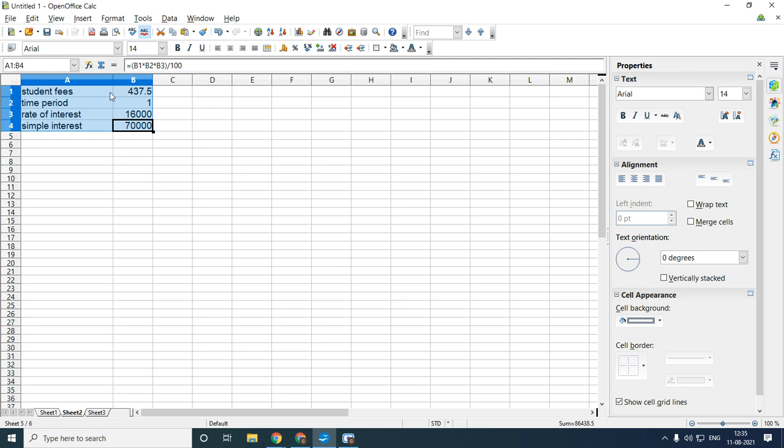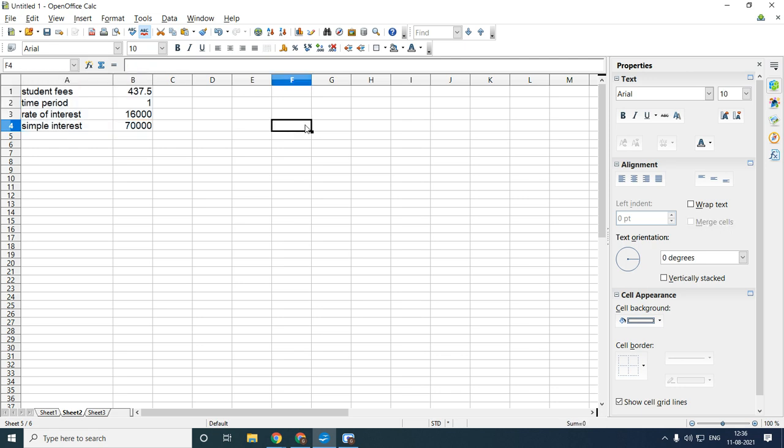Any doubt you have in goal seek? No, ma'am. Okay. Next comes the data table. In the data table, you can see the different results by altering the inputs in the same formula. In the sense, in this data table there are multiple operations. You have to insert the row value and column value. Suppose if I enter the row value and I want the simple interest of that, then it will give you the simple interest directly. Suppose if I enter the value in the column, it will give you the simple interest of that column.